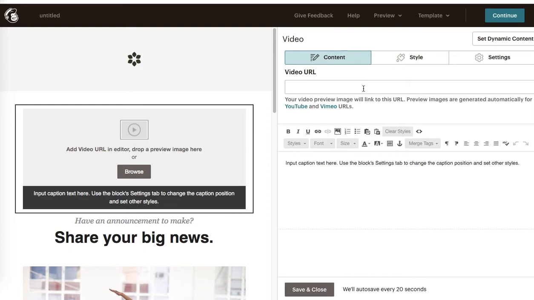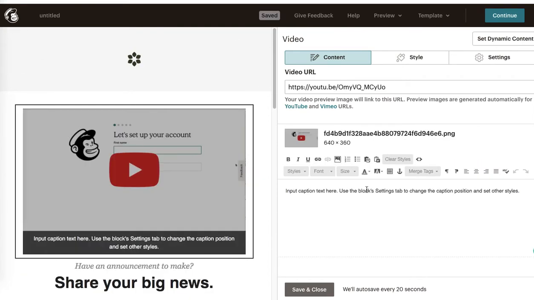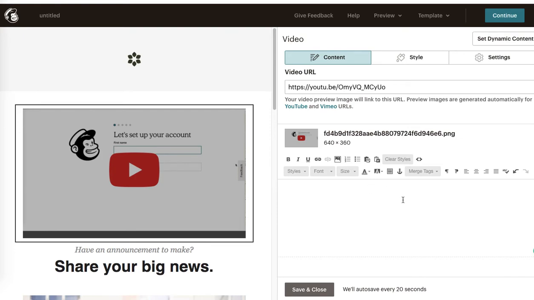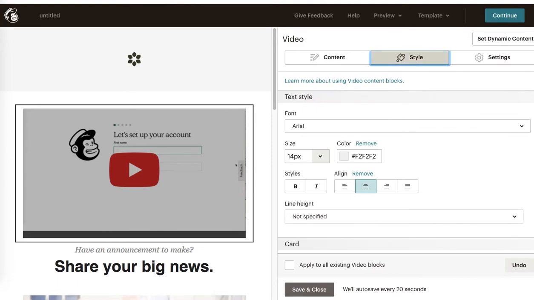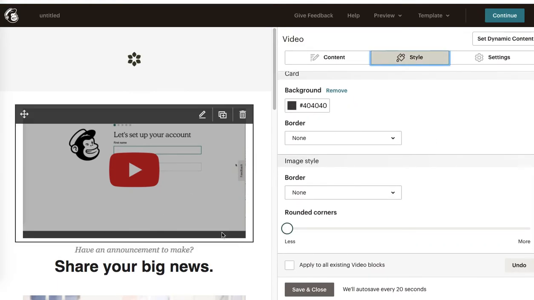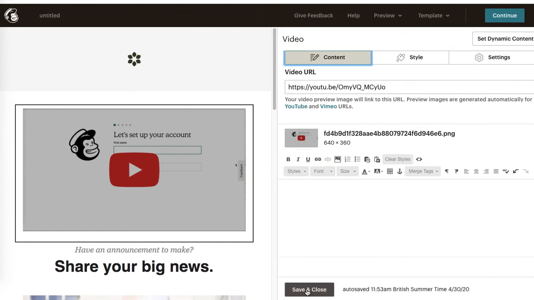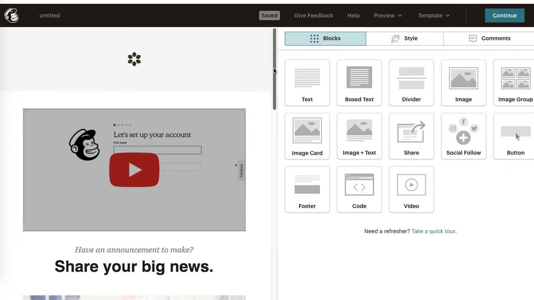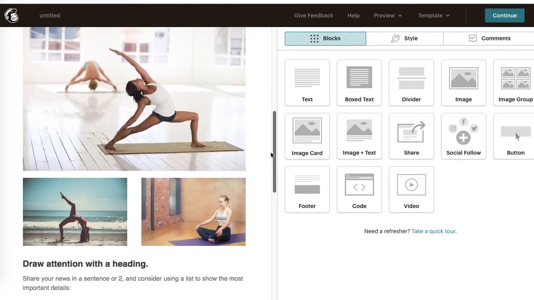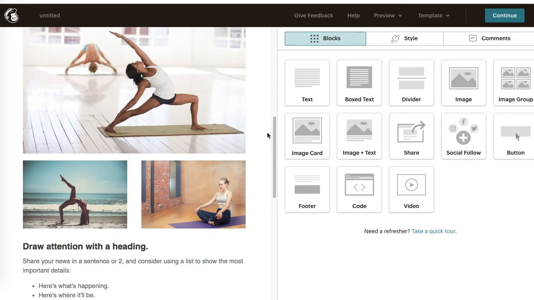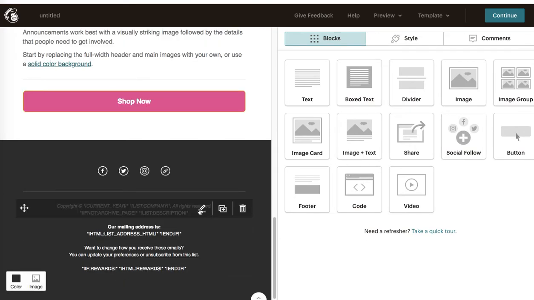So let's paste video URL here. Remove the text as we don't need it. And update the style. I don't like this background at the top, so I'll simply remove it at the bottom. When you're happy with it, simply click Save and Close. And this is how you add a new content, new element to the MailChimp newsletter. You can obviously hyperlink all of these elements and customize your footer. So click on Style,